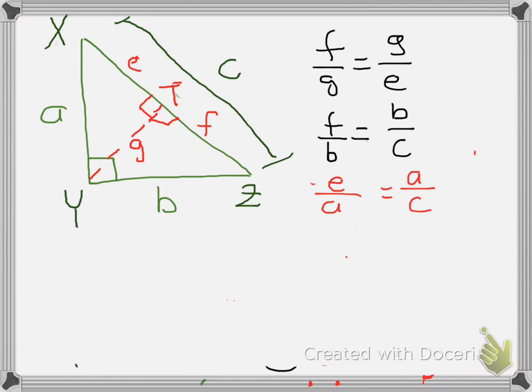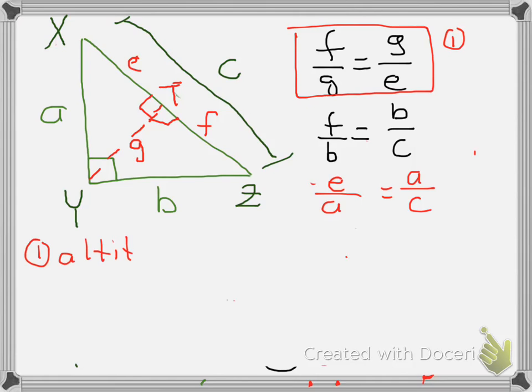The top proportion tells me that G is a geometric mean. Well, G is the altitude drawn to the hypotenuse. So if I call that number 1, there's a rule that we've got now. The altitude is the geometric mean